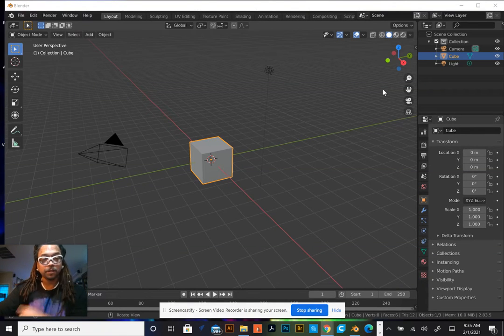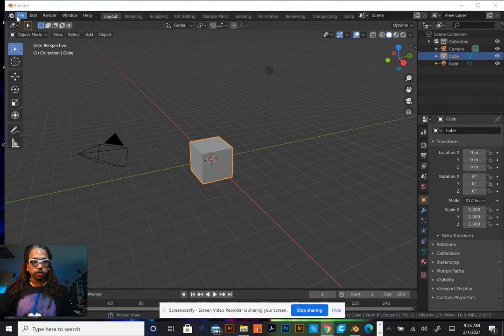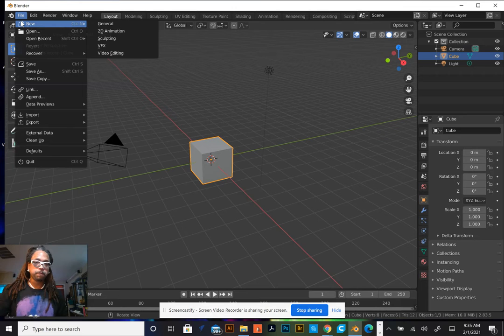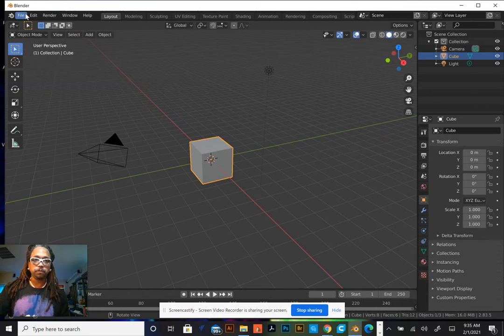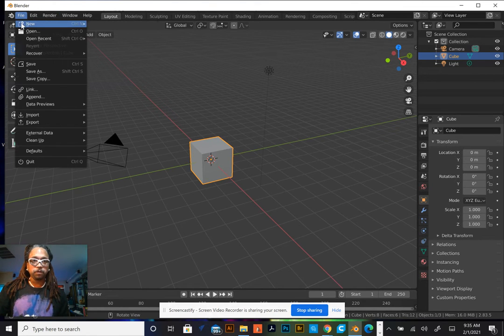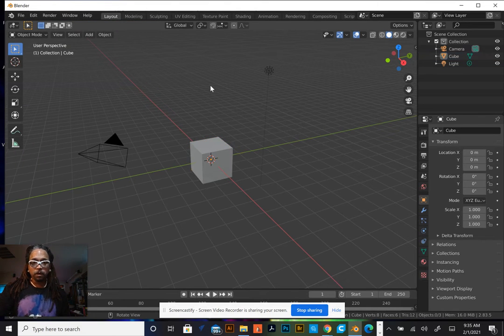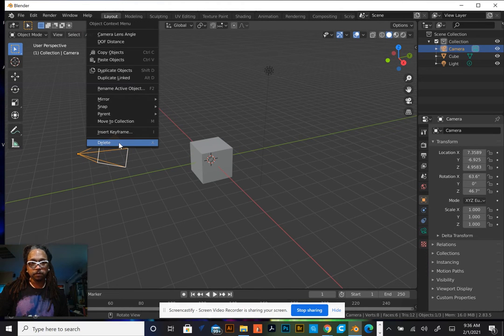Okay, when we start this, we're going to start by creating a new file. If you had another project open in Blender, go ahead and start a new one. You want to make sure you're in General. And then the second thing we want to do is select our camera and